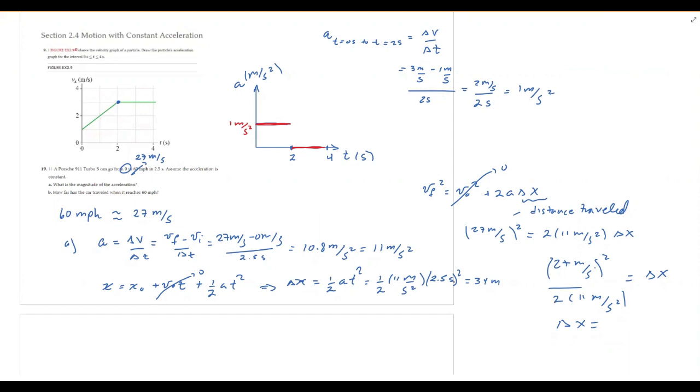I already rounded here, it would be greater because I already rounded this acceleration to 11. If I use the original value that was 10.8, it would be a little bit greater. So it is approximately 33.1, you say like 33.1. If I use 10.8 here, this will be greater. So we get essentially the same numbers. Do you see